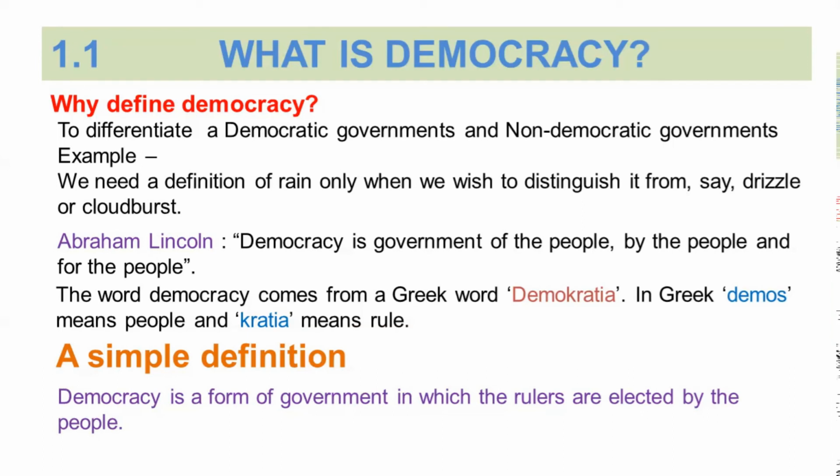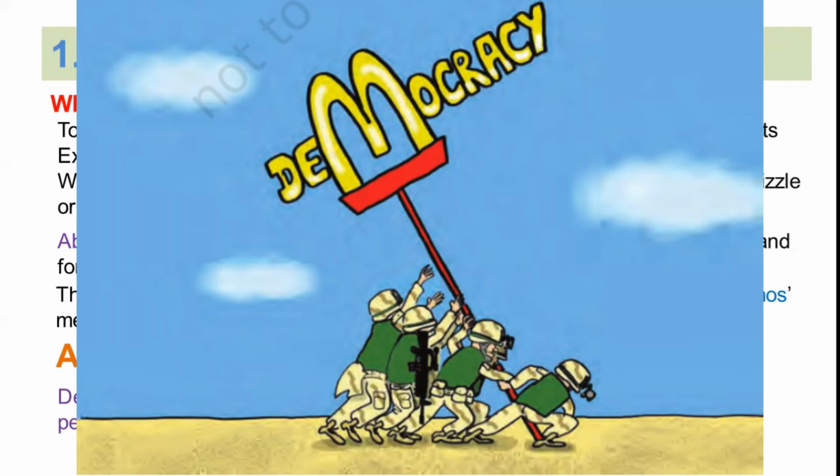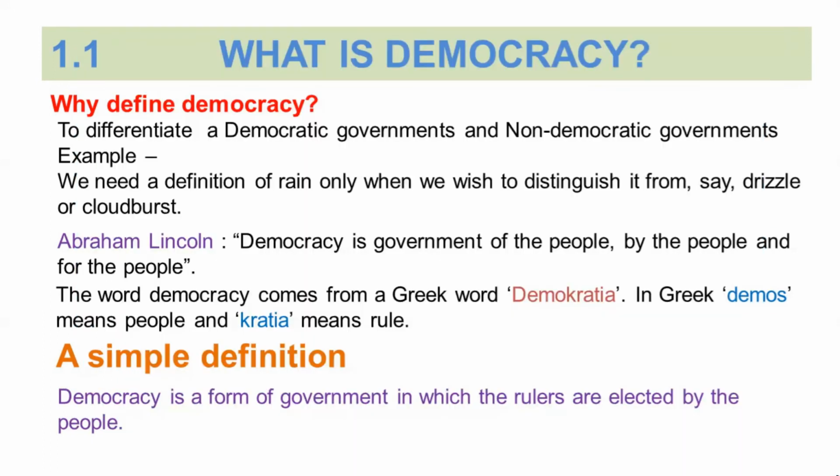Now the question is, what kinds of government are known as non-democratic? The army rulers of Myanmar were not elected by the people. Those who happened to be in control of the army became the rulers of the country. People had no say in this decision. Dictators like Pinochet in Chile are not elected by the people. This also applies to monarchies. The kings of Saudi Arabia rule not because the people have chosen them to do so, but because they happen to be born into a royal family.